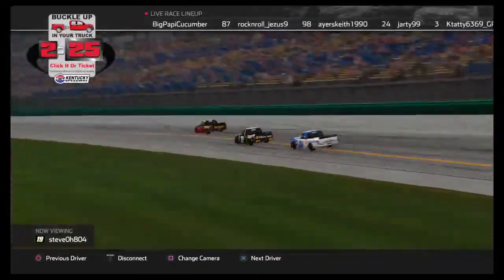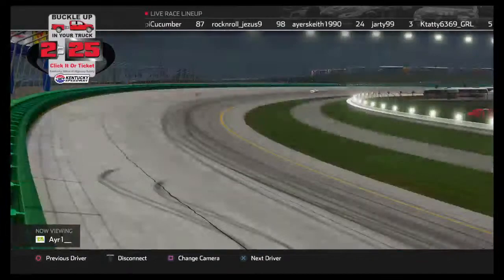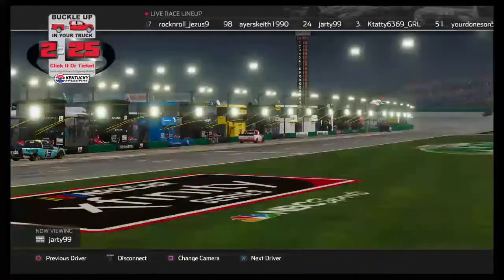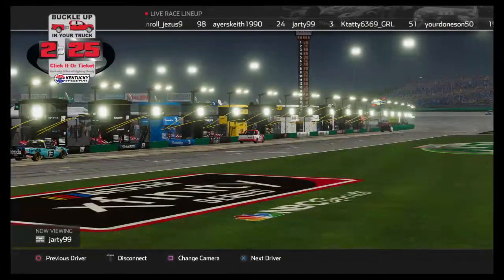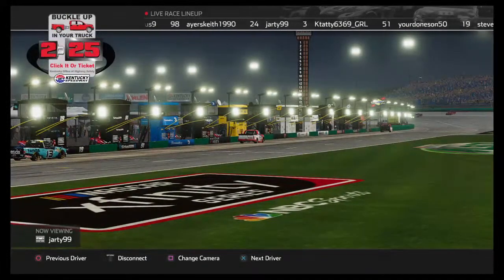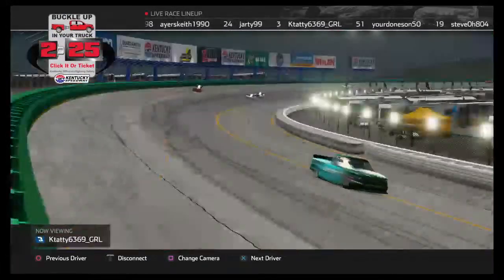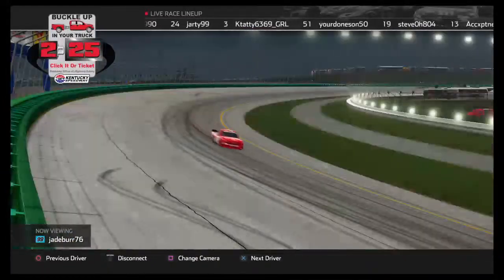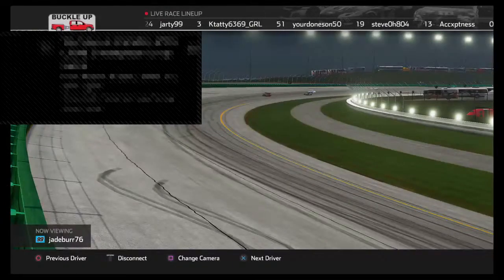Wow, that was tense. He was running so strong in that beautiful truck. Still seeing up here, I'm just jamming over. I'm on that Jaybird. I can't get over that paint scheme. What a great paint scheme. But he is being hunted. He's got a bullseye on his back. That 19 and 24 are coming after him pretty good. Yeah, that was very